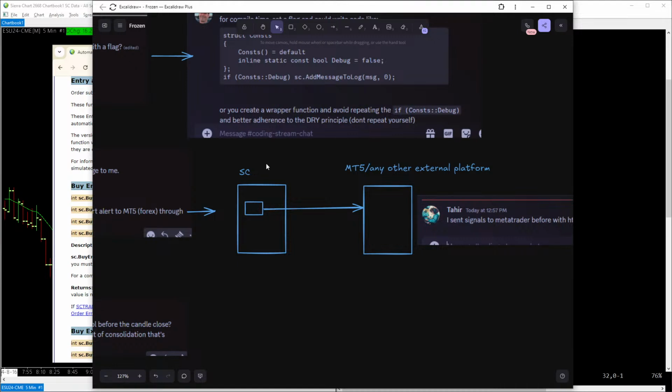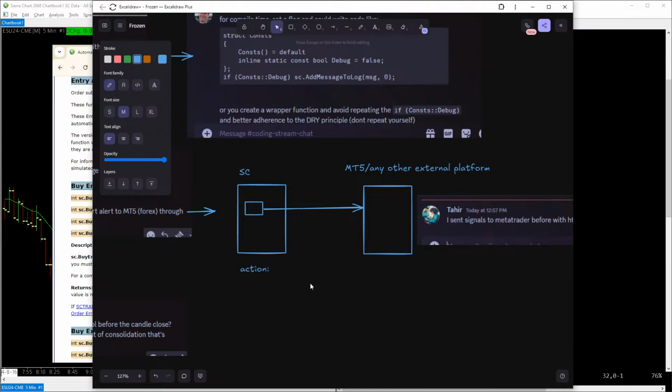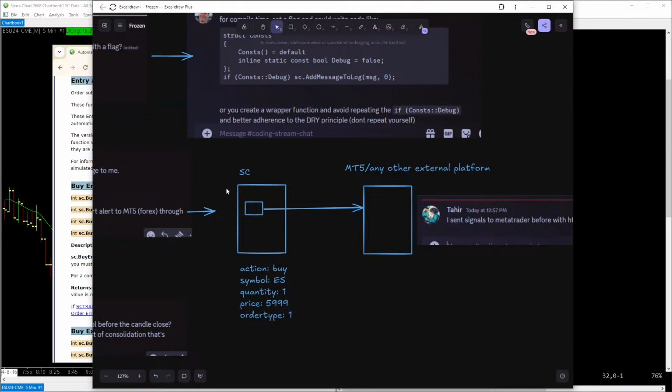And so Tahir is creating that payload inside the custom study. If it's JSON, I'm going to pseudocode this. Maybe there's an action field and he has to set it to buy, and maybe there's a symbol field and he has to set it to ES, and a quantity field he sets to 1, and a price field, and an order type field. I'm really just pseudocoding this, but he has built the